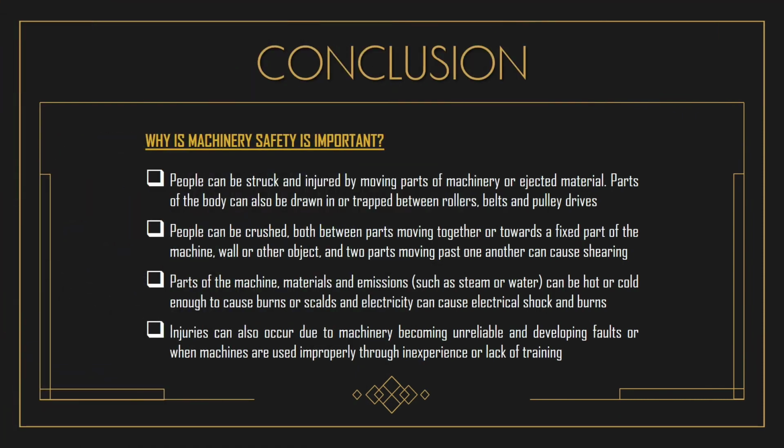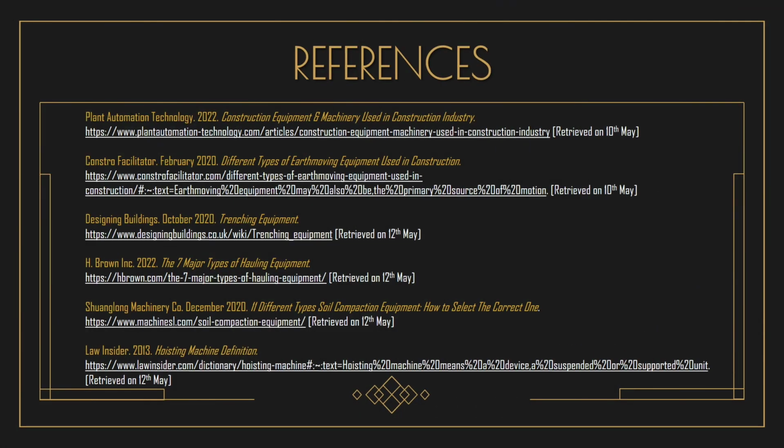Conclusion. Why is machinery safety important? This is the reason. People can be struck or injured by moving parts of machinery or ejected materials. Parts of the body can also be drawn in or trapped between rollers, belts, and pulley drives. The second one is that parts of the machine, materials, and emissions can be hot or cold enough to cause burns or scalds, or electricity can cause electrical shock and burns. Reference: